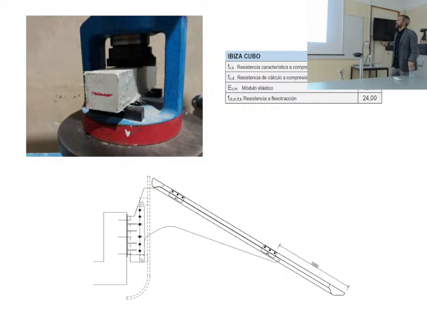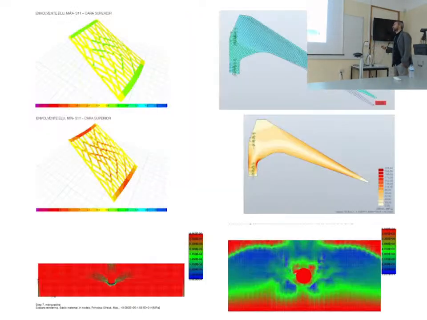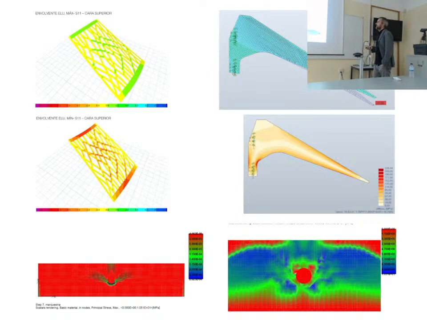So we did some testing of the material, and we have this compression resistance of 100 megapascal and this FCT of 24. That is the value that is relevant in this case to avoid cracking in the element. And this is the geometry, the final geometry of the steel element for connecting these canopies to the structure. So we did some models for both the connection and the panels, and also the holes of the steel elements